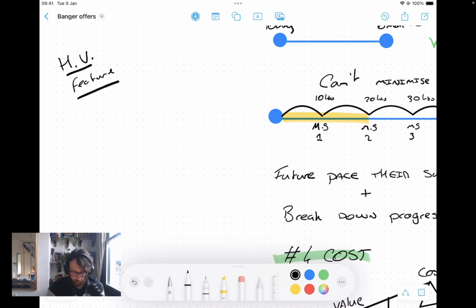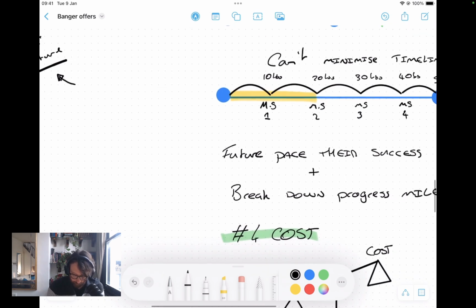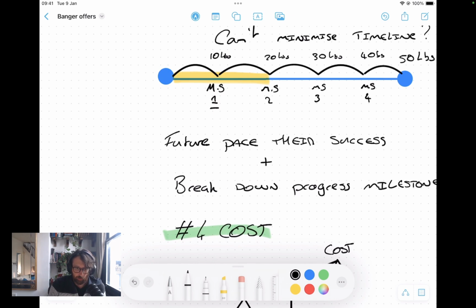So we built an onboarding sequence which pushed people to establish and set up this highest value feature within the first 7 days. What that meant was within the first 7 days, they'd set up a feature that was going to help them hit the first progress milestone, where they'd see the real value and get something back. What happened was the churn just dropped off, because this initial interaction with you and your offer is going to be so important.